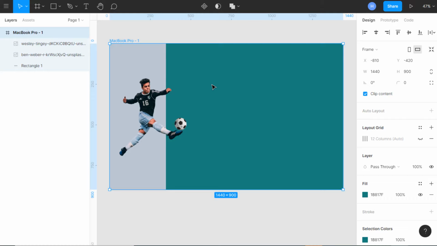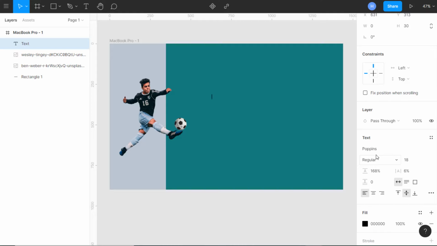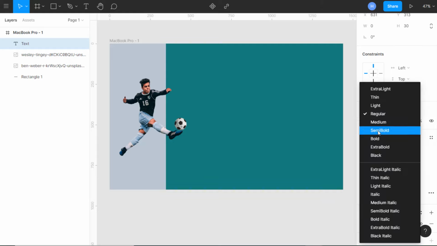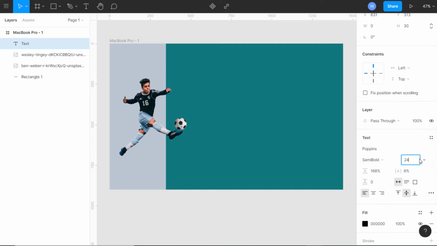So guys, now I'm going to add some text and some call to action buttons to our website. To add text, you can simply click on the text tool and then click on your canvas. Then you can make some configuration settings of your text. I like using Pompeii because I like the font arrangement, and we can choose to use semi-bold, and we can choose to make this 24, or let's make it 36. Then the content of this text, let's say the content is get